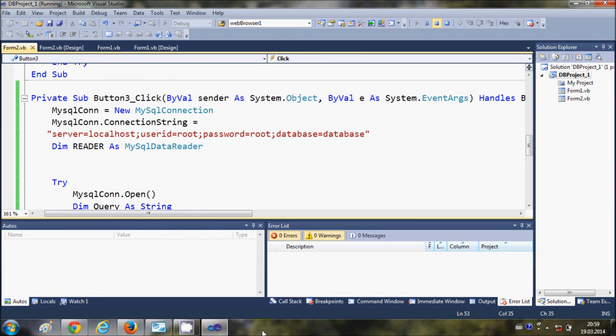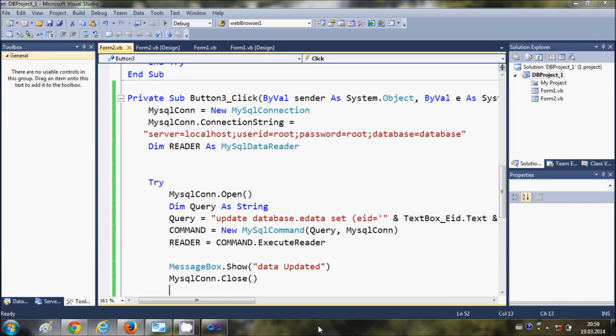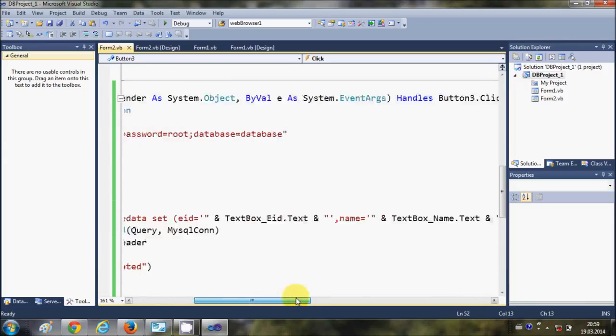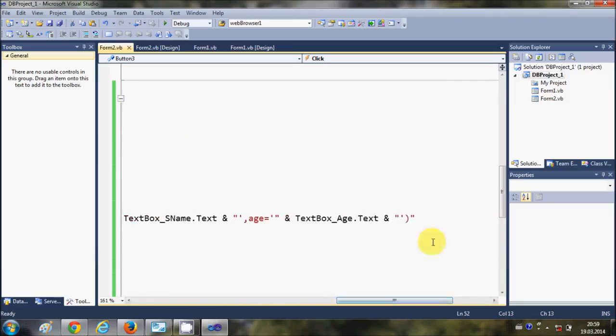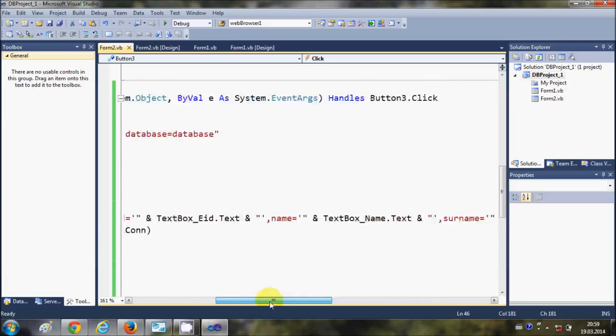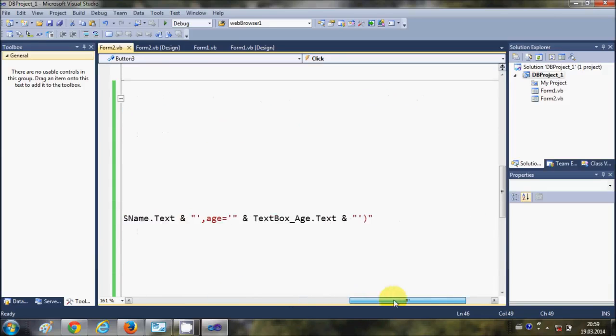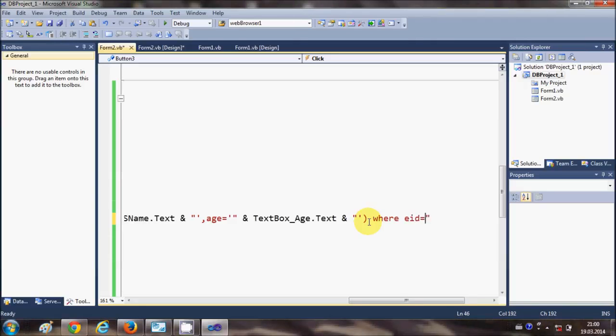So my query was update data dot table name set the column name is equal to the text name, and after this bracket, where this bracket for all the settings for the column completes, this bracket starts from here and closes here. You need to write the reference of the column on the basis of which you want to update your data. So just write where your column name, for example, you want to update the data on the basis of employee ID, so you can write EID is equal to, once again, single quotations in between, double quotations in between, this and sign, and just